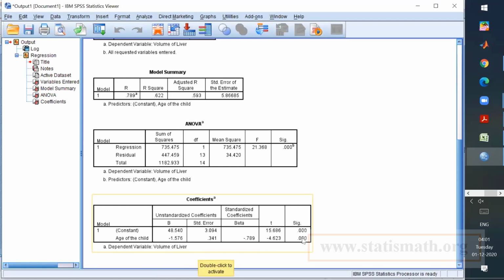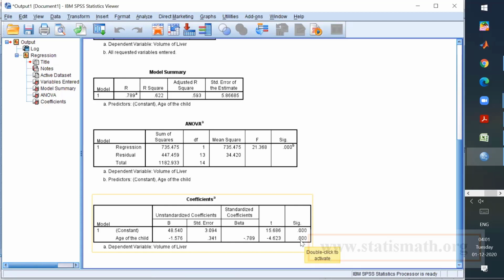And the coefficients are significant. When you're testing, mainly you have to check the age of the child, whether this variable is really contributing, whether it is really significant. The test says 0.000, which is less than 0.05. Anyway, we'll be doing that in hypothesis testing, the next chapter.